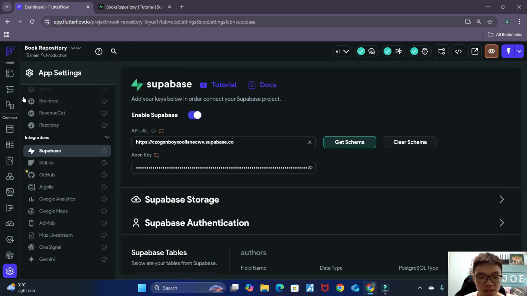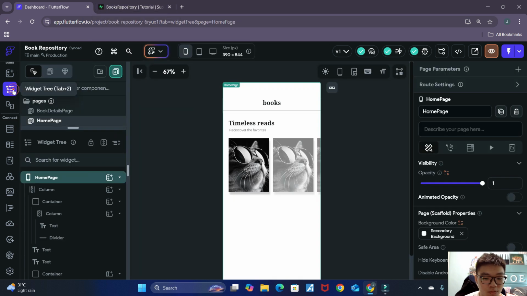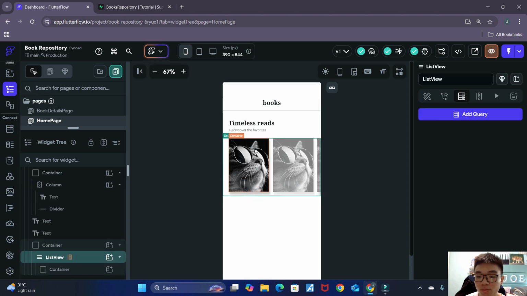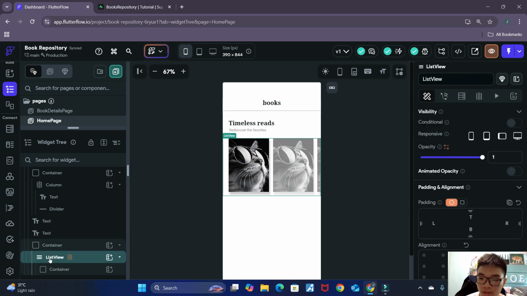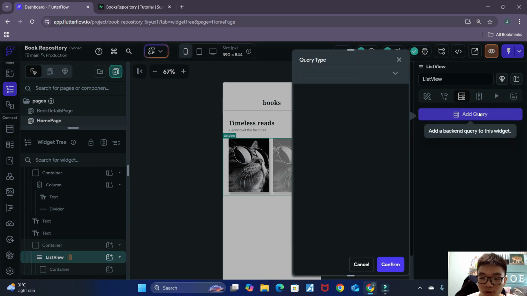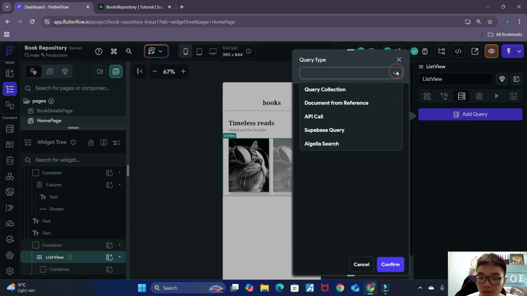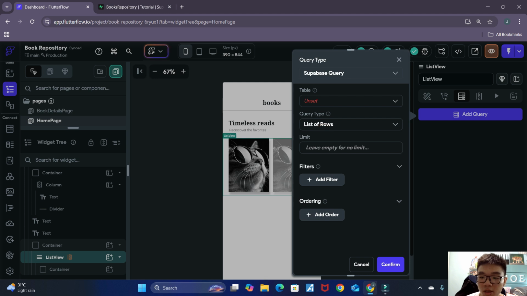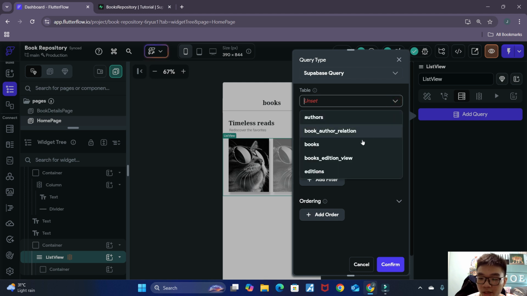Alright, so now that that's out of the way, we can go back to our widget tree, and now we can actually reflect our individual books inside of this list view. With the list view selected, I want to go to this option, backend query, and add a new query. For the query type, it will be a Supabase query since we're using Supabase. And the table that I want to query is the books table,